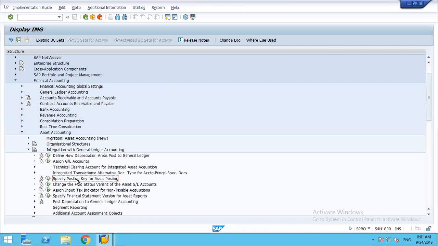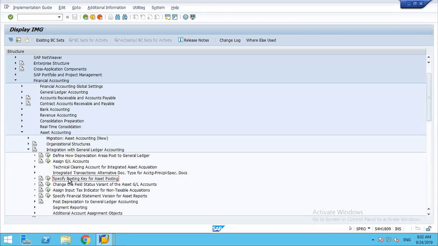So what are the posting keys with respect to asset accounting? There are two posting keys basically that we will consider. One is 70, the other one is 75. 70 for debiting the asset, 75 for crediting the asset. This is a standard step. We don't have to do it, but just to see